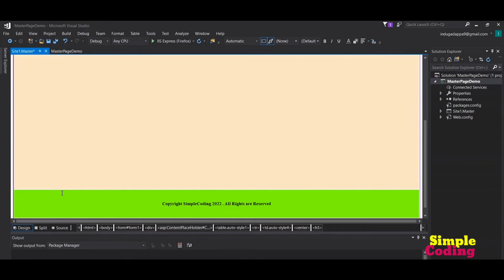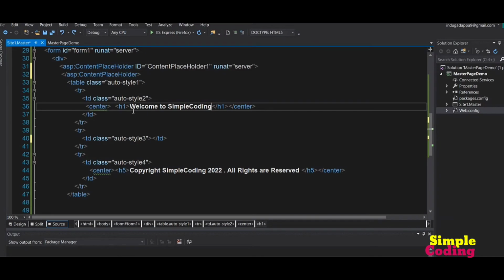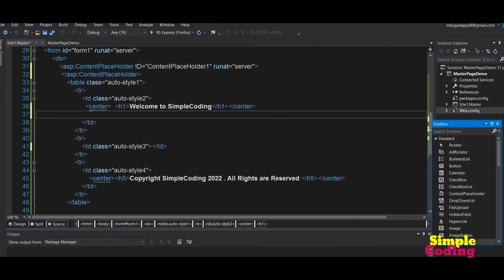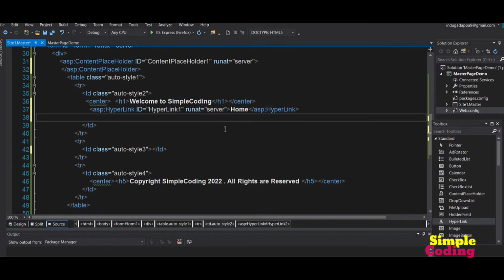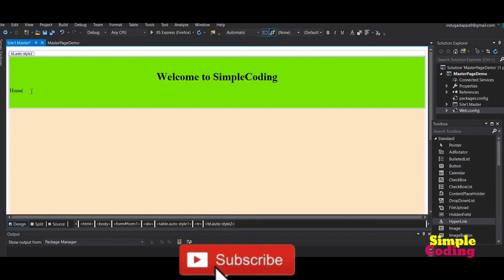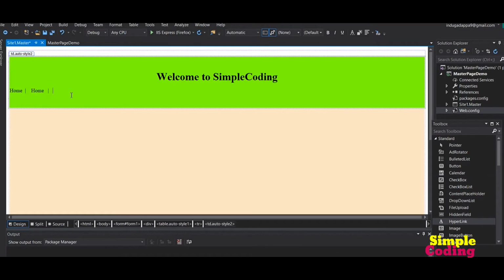Similarly, I want to add menus to my first row. So here from toolbox I am taking hyperlink control, and inside this hyperlink control I am writing home. That means whenever I click on this hyperlink control, it will navigate me to the home web page. I am copying the home hyperlink control 3 times for about us, contact us and exit.